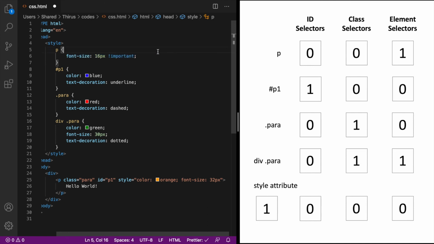I hope this video gave you a good understanding of how to calculate specificity of CSS selectors if you ever